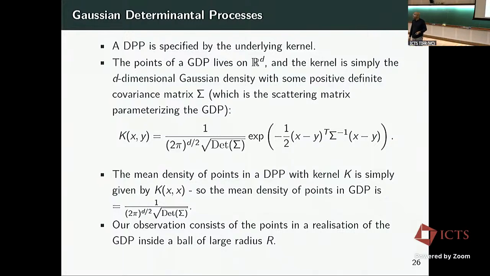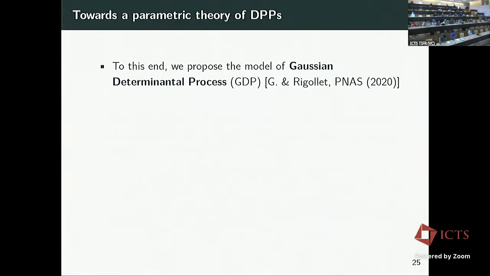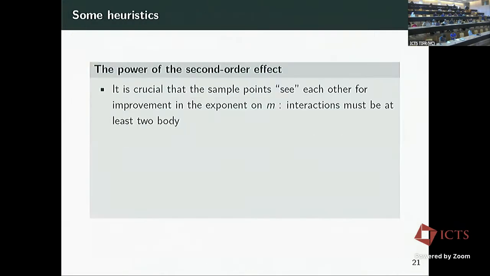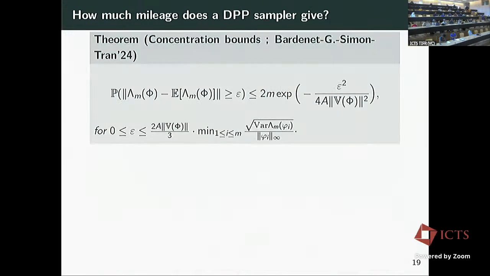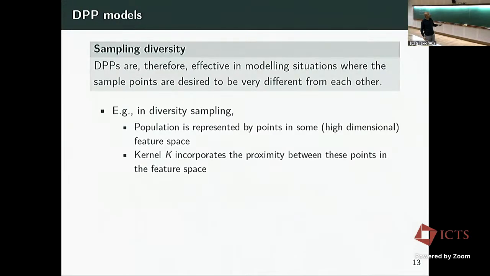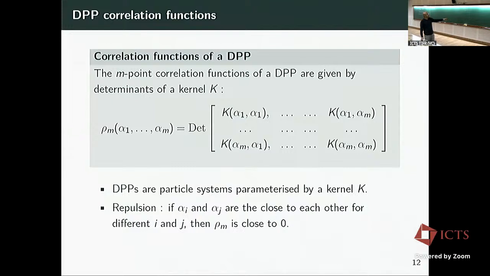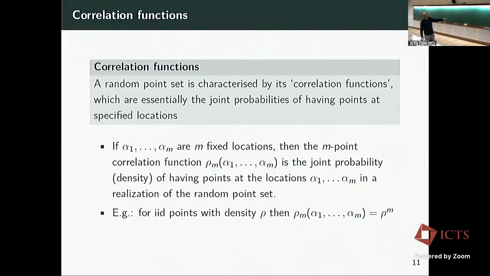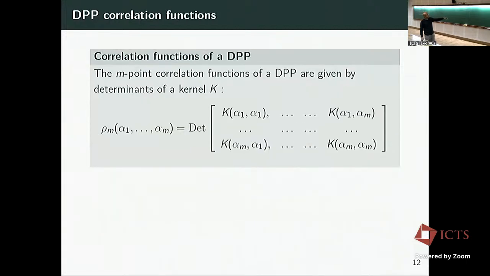Yes. I wasn't at yesterday's lecture, so maybe I'm missing something basic, but given a point X, what's the probability of finding a point Y? So this probability distribution, this kernel is maximized at X equal to Y. No. This is not a probability. I understand, but how should I read off the probability from the kernel? That's what I discussed yesterday, and also mentioned at the beginning, in the reminder part today. So these are the n-point correlation functions. These are the joint probabilities of having points at specified locations, alpha 1 up to alpha n. And it is given by this determinant.